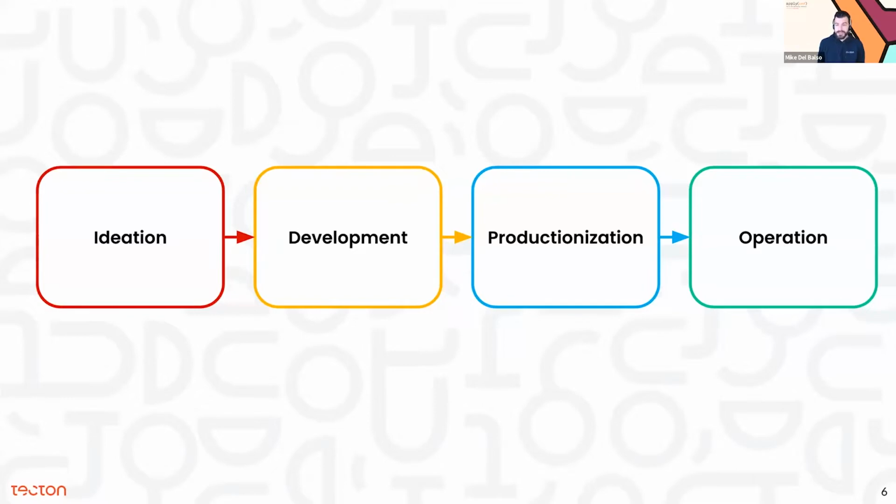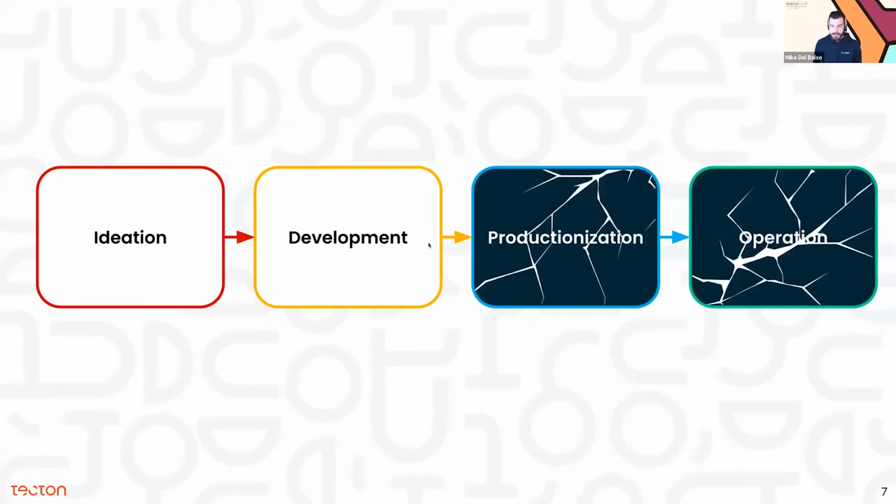Operation is all about the ongoing basis. We're not just making one set of predictions. We have to maintain this stuff in production. In production, we have to debug it. We have to be on call, all of that kind of stuff. When we look at this, everybody knows, if you're a part of this conference, which parts are hard: productionization and operation are the places where we face some real challenges. And this is tough for all ML teams.